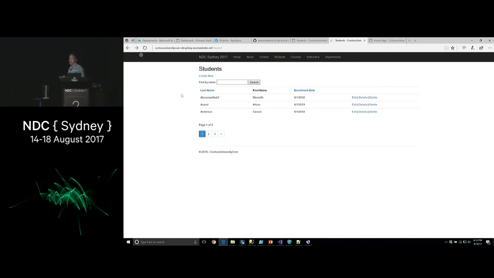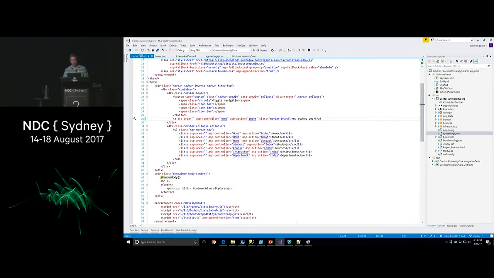Even though I deployed a new version of the application, those settings that I put inside of the Azure website still stay there. They don't get overwritten by what I've done. I deploy the application, and then on top of that are my other configuration. Now, we are using ASP.NET Core. So ASP.NET Core has a number of different configuration